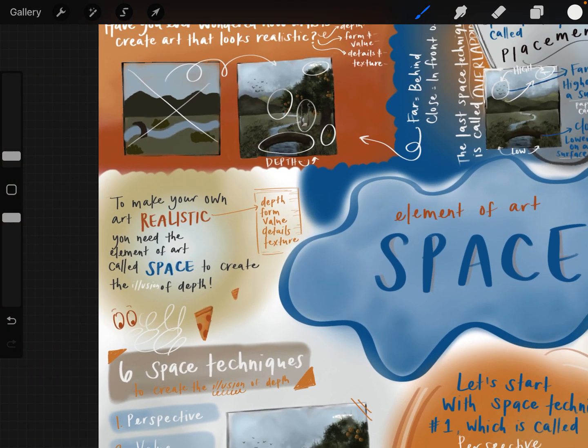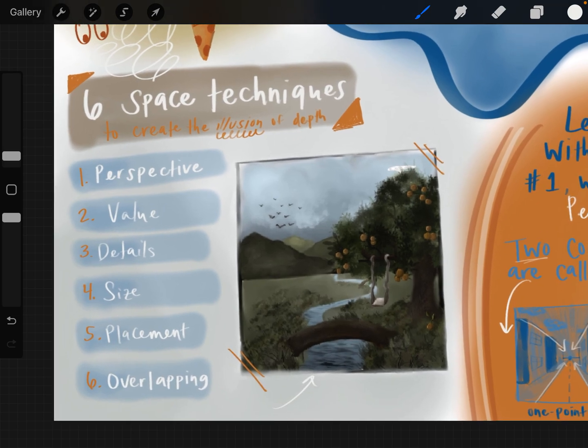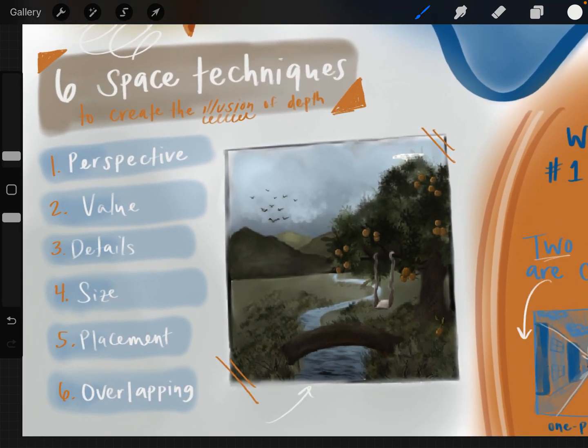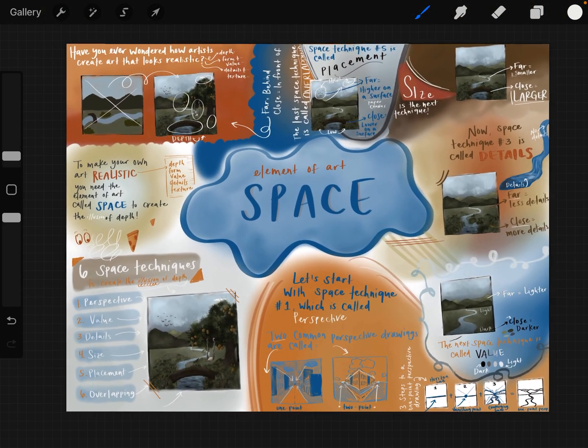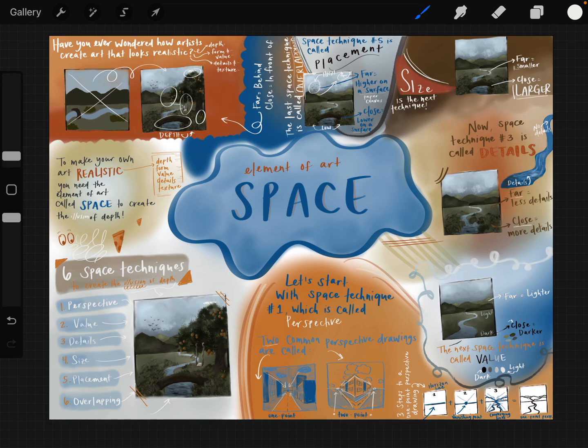So when you combine them, these 6 space techniques can really transform flat drawings into realistic 3-dimensional compositions. So in this final image, you can see how there's perspective, there's value, details, size, placement, and overlapping all together. And working all together, they do create this illusion of depth. So with this, I encourage you to practice these 6 techniques, and I highly recommend starting with a simple 1-point perspective drawing. If you're interested, I will be posting some video tutorials for each of these space techniques soon,